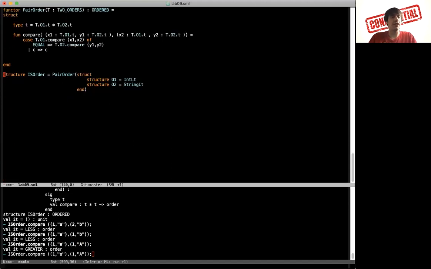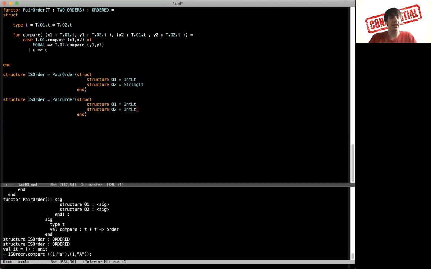So I can feed in any two types that have a comparison function and build up a comparison function on the pairs. And so I could similarly do that for ints and ints rather than ints and strings,